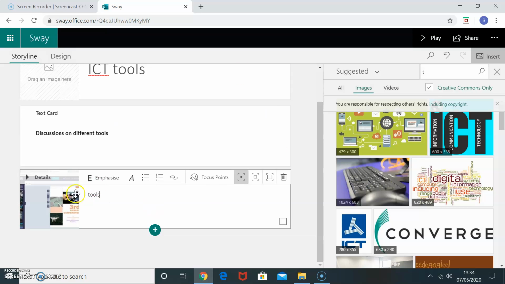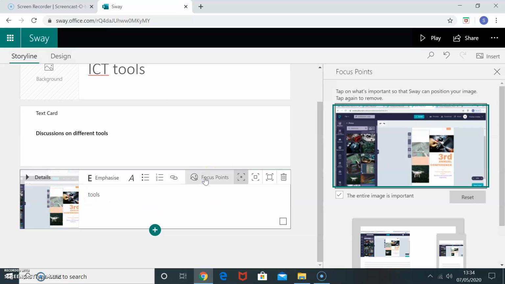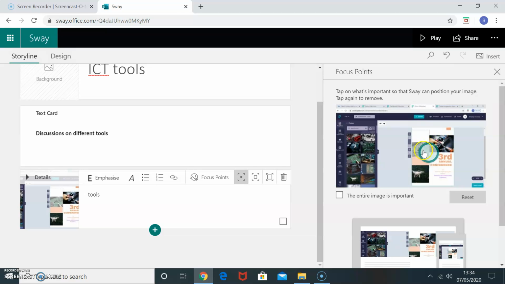And one more important thing is that in this you have a focus point. If in the image I want to focus on one specific part of the image, I can focus it. So if I click here, I will save it, insert, I can save it.